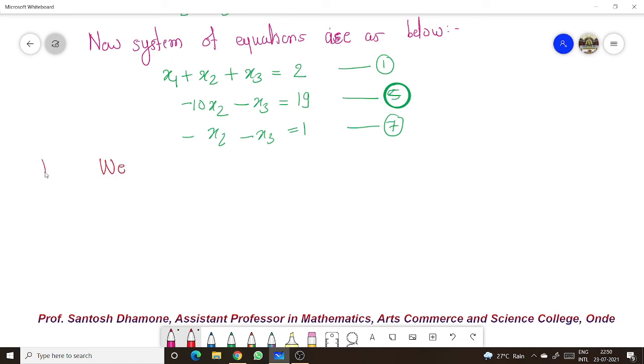Now we eliminate x2 from equation 7 by using